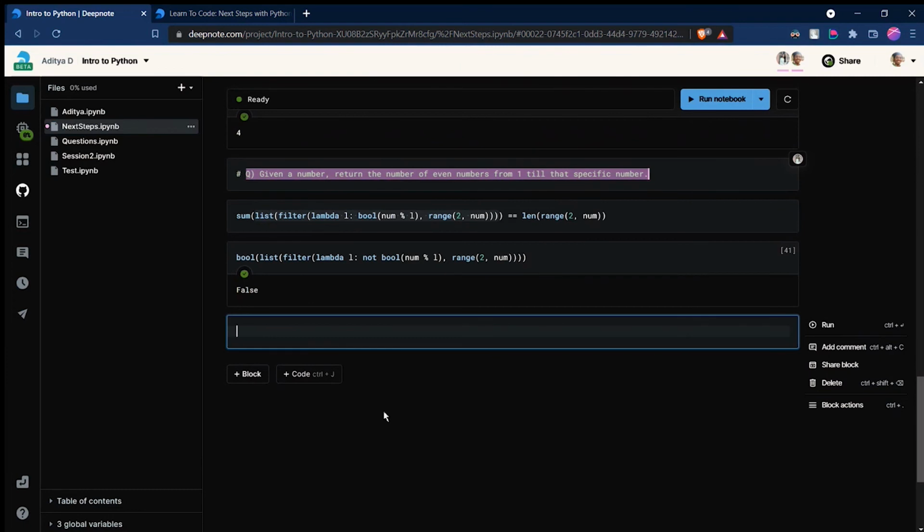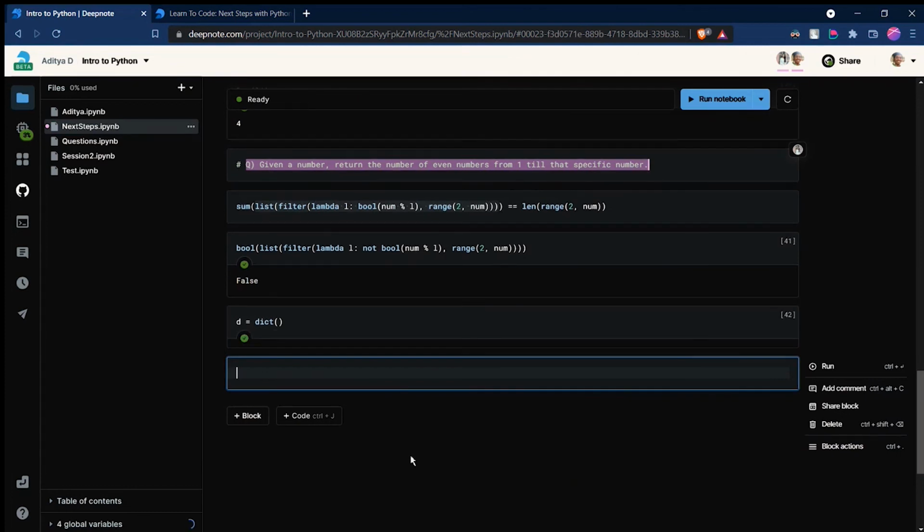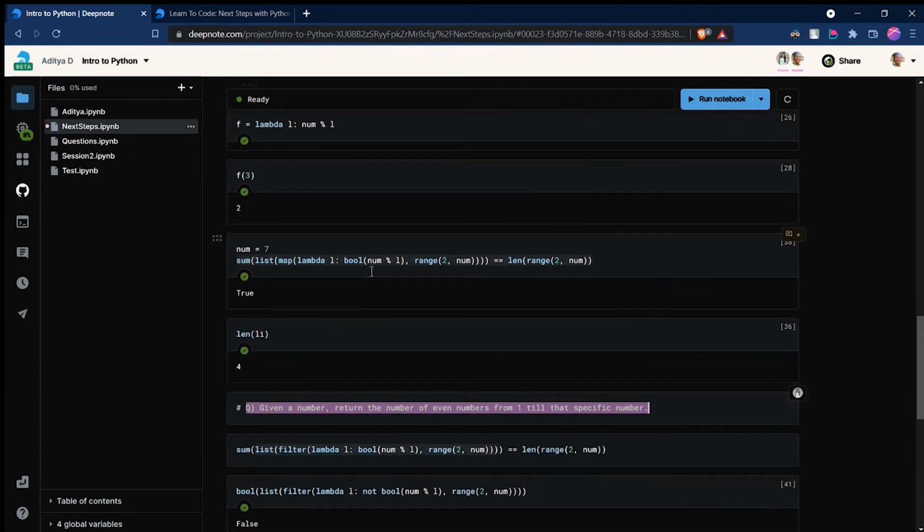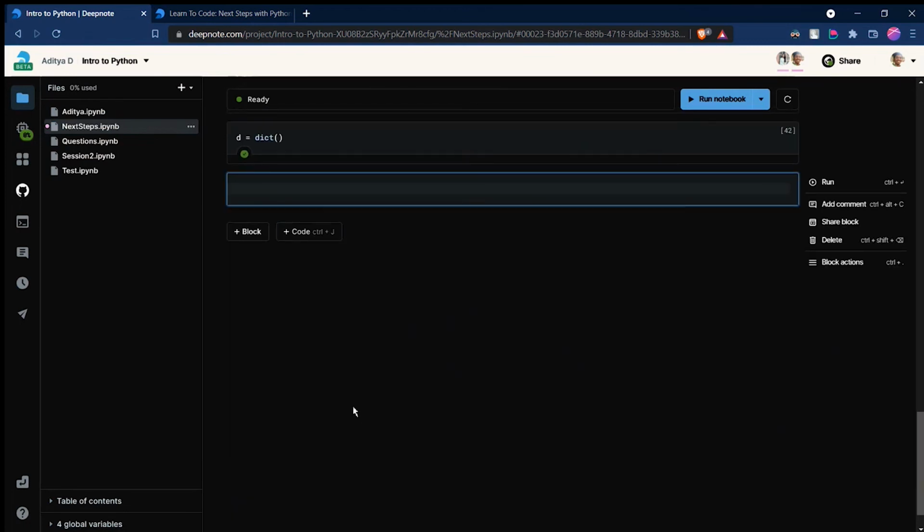We'll just go to the next part, dictionaries, as we don't have much left in lists. The way you initialize a dictionary is similar, but you'd rather use d equal to the dict function like that. In lists, you had specific indexes for every element, like Li of 0, 1.